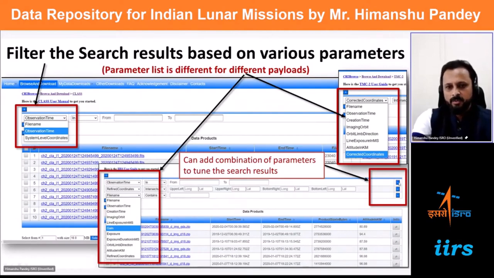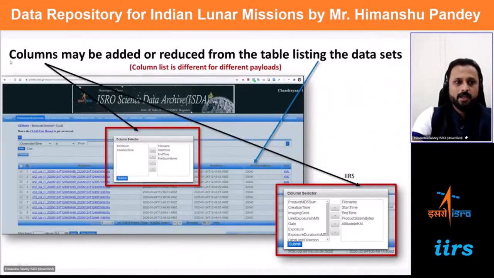Like here, you can go and add and delete, and you can also do multiple combinations of these things like observation time, refined coordinates, finally. Between them also you can create multiple combinations and again narrow down your search results. Then columns can also be added, as I was telling you. There are these many columns. By default, these many are shown. You can select and click on next. It will come here, and this table will get enhanced